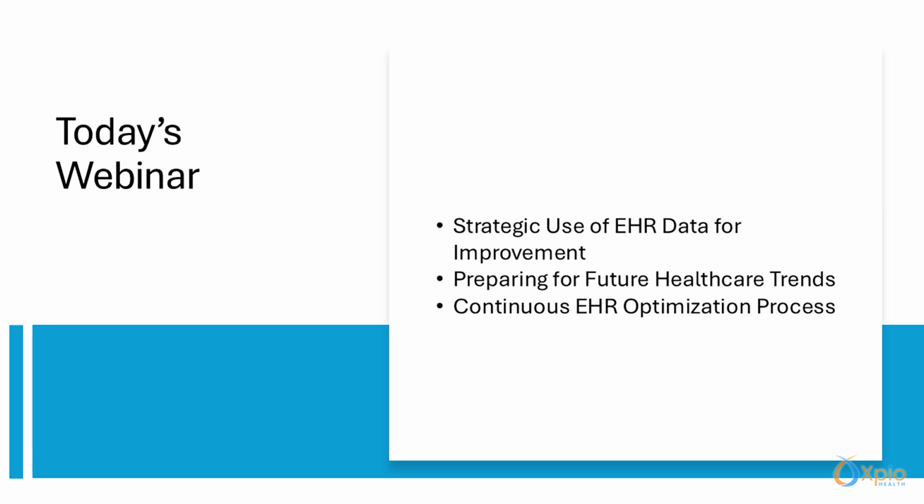advanced topics. Our primary objectives for this session are threefold. First, we're going to discuss how to strategically leverage EHR data for quality improvement and operational efficiency. Second, we're going to prepare healthcare organizations for future developments in healthcare technology and policy. And lastly, we'll underscore the ongoing nature of EHR optimization, highlighting it as a cyclical, continuous process rather than as